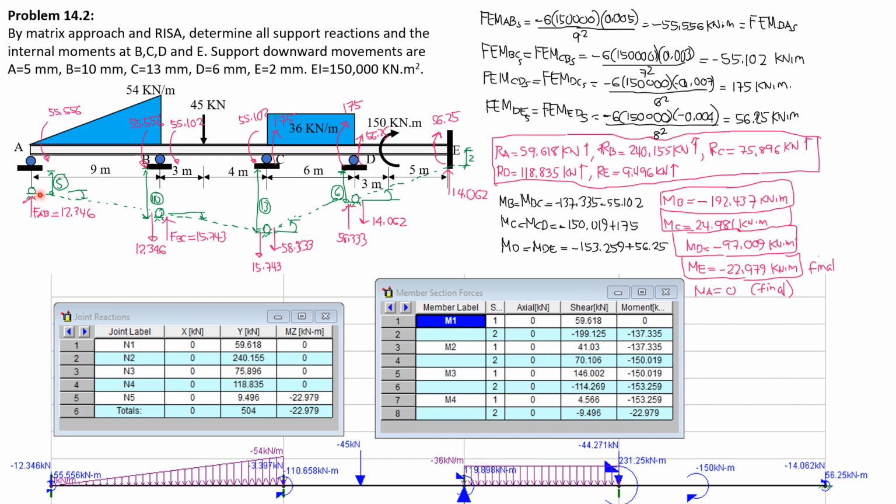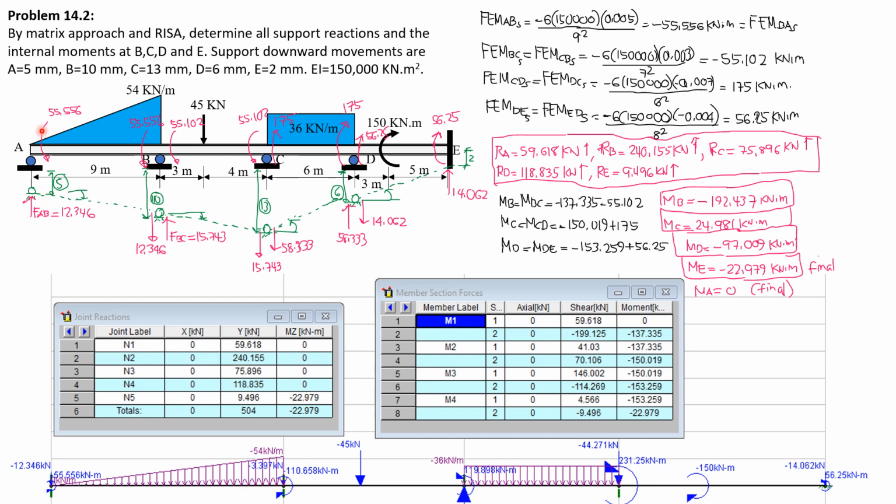As a first step, this is the drawn settled supports. So we compute fixed moments, fixed forces for AB, BC, CD, and DE respectively. Fixed moment AB due to support settlements or side sway is negative 6 EI delta over L square. Remember delta is treated positive when the chord rotates clockwise as shown. For AB, delta is 10 minus 5 or 5 mm which is converted to meters, so 0.005 divided by L square, so negative 55.556 kilonewton meter, and this is also the fixed moment BA due to